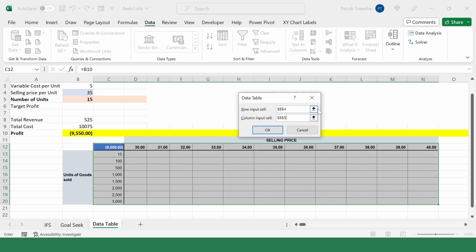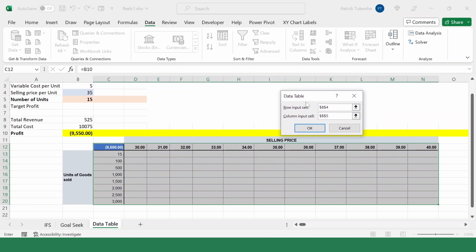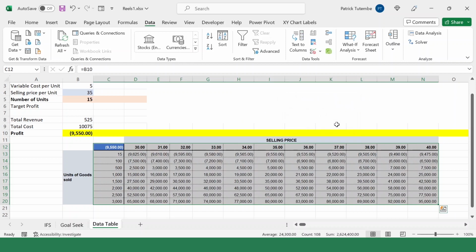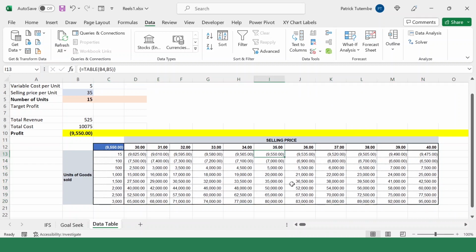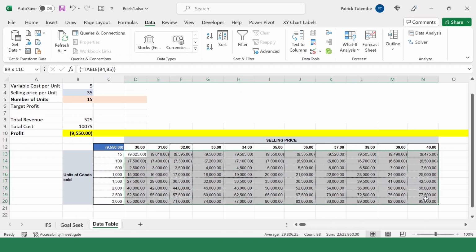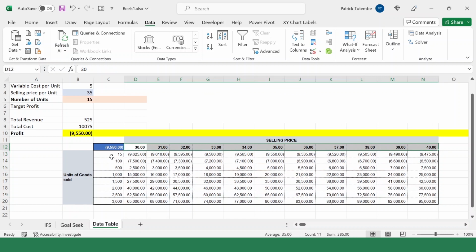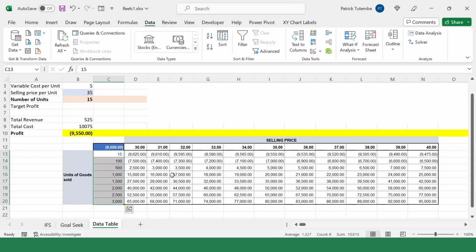So what Excel is asking you is that it wants to link the scenario you are running with the calculation you have already done. And then when you click OK, you would see that it will actually give you profitability levels depending on the selling price and also depending on the number of units sold. So for example, if you sold 3,000 units and you're selling at a price of 40, you would get a profit of 95,000. However, if you sold 3,000 units and you sold at a price of 30, then your profitability would be